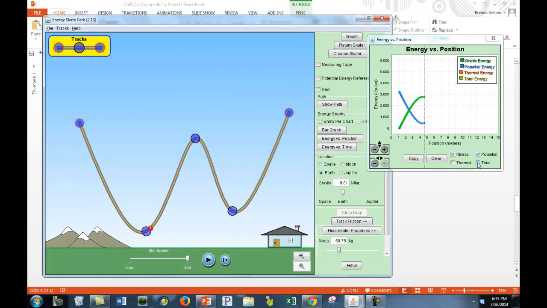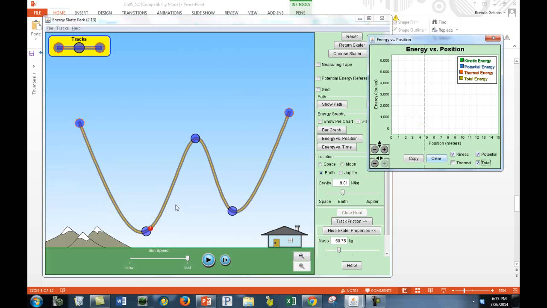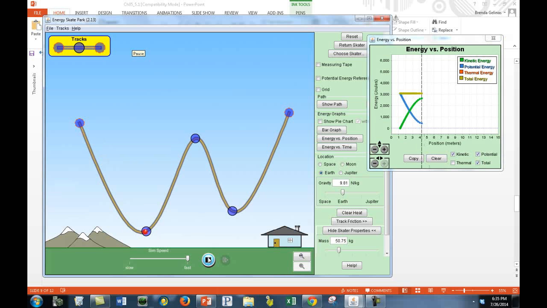Let's take a look at what's happening with the total energy. So as I move down that ramp, potential energy and kinetic energy are exactly inverse of each other, right? And then the total remains the same,